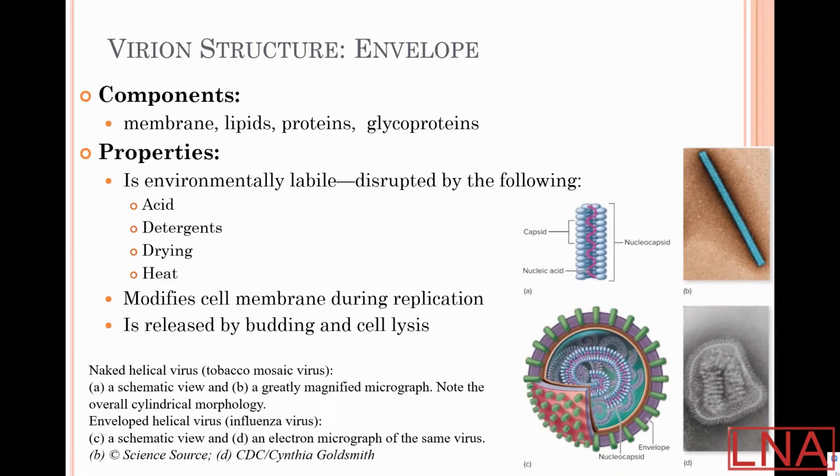Usually they are released out of the cell by budding, sometimes by cell lysis. So enveloped viruses can go out of the cell and cause cell death or not, because their envelope includes membrane, but they can't make the membrane by themselves. They have to take a piece of membrane from the infected cell, like a coat, making a coat from the infected cell.